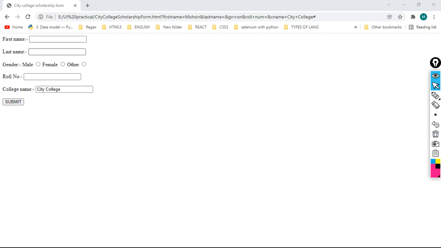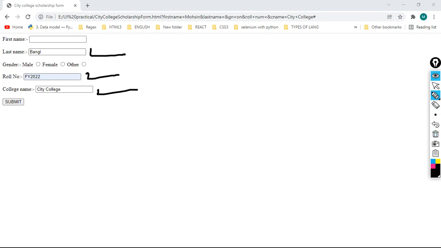This time what I will do, I will not enter first name. I will write my last name Mohsin Bangi, and I will write my roll number. So what are the fields I have filled? I have filled last name, I have filled my roll number, and this is a predefined value.